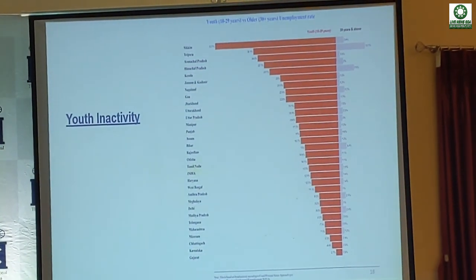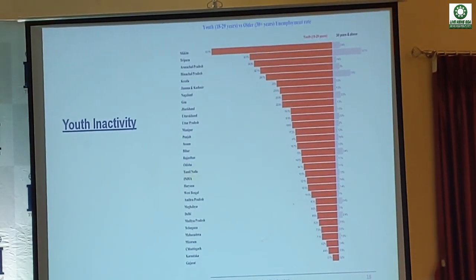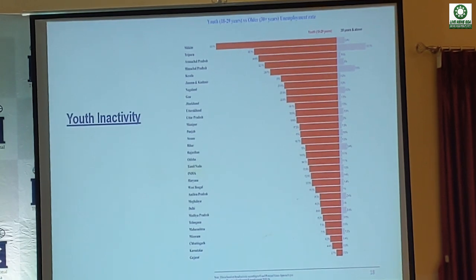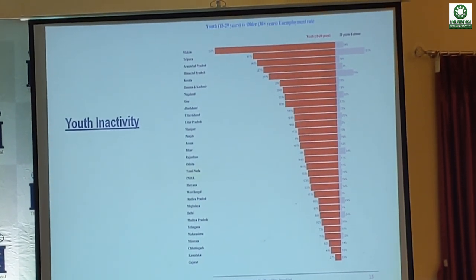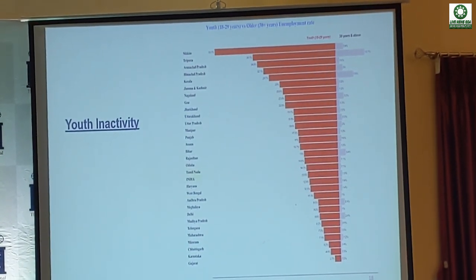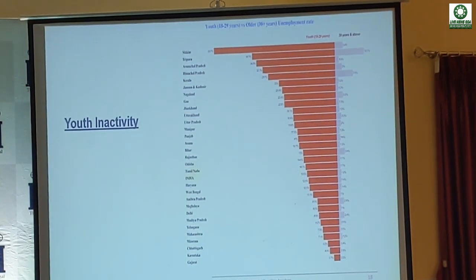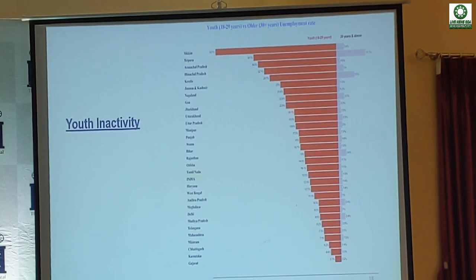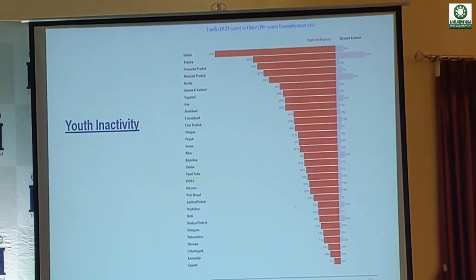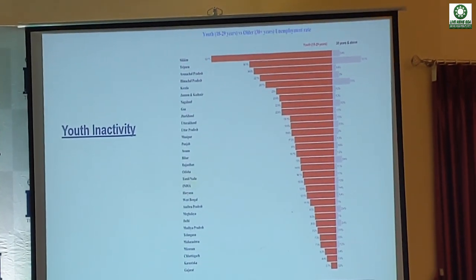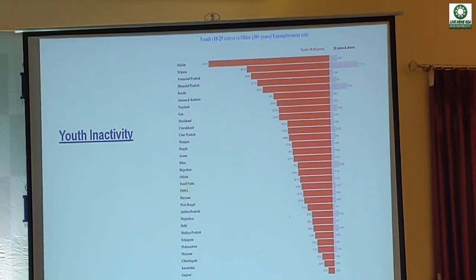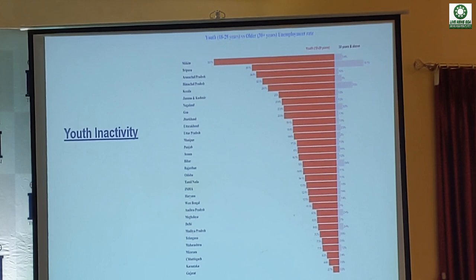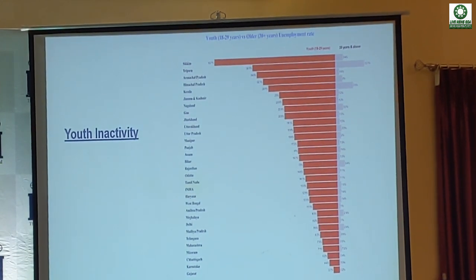Now, in the labor market, we have another peculiar problem, and there's a very nice term the OECD have created called youth inactivity. The youth don't want to work. It's a global phenomenon, but in India, it is quite acute. Every state of India, look at the unemployment rate of people under 30, so 18 to 29, those are the red bars, and look at the grey bars, those are the unemployment rate of people above the age of 30. So what is happening at the age of 30 that everyone seems to start working? It's not the shortage of jobs then.